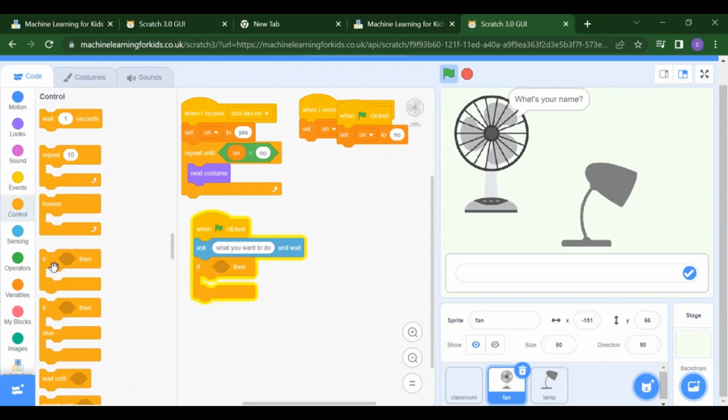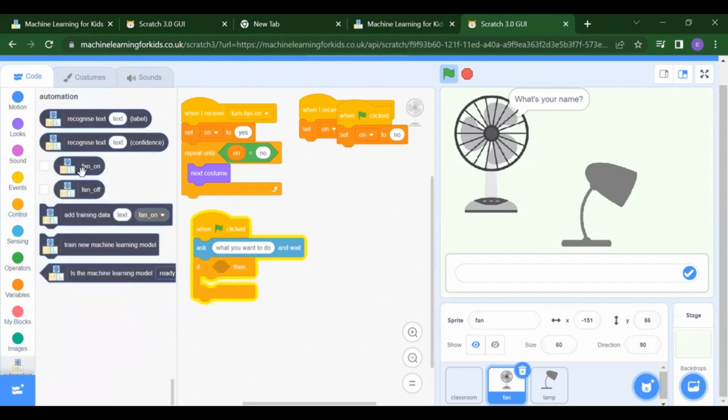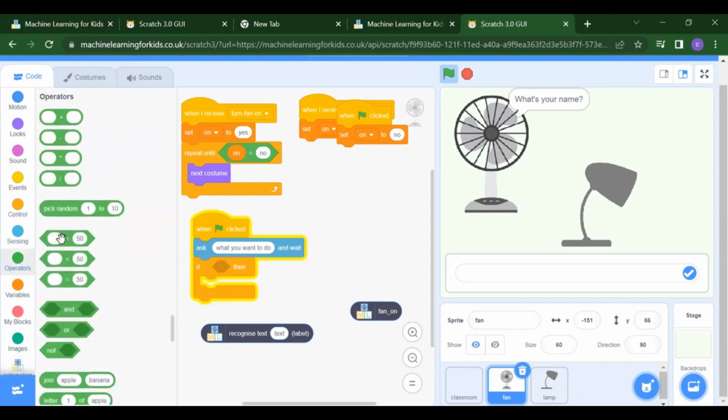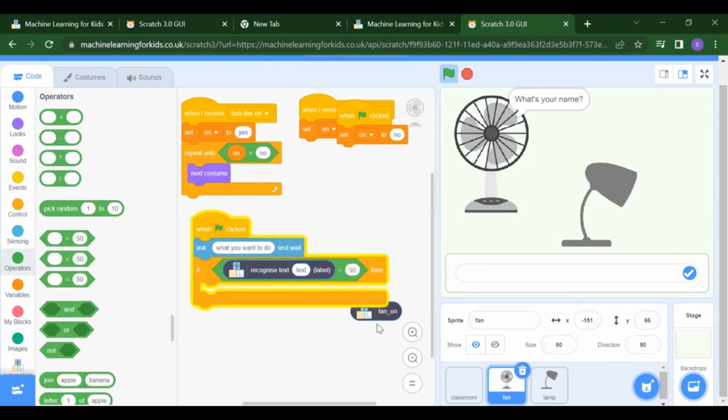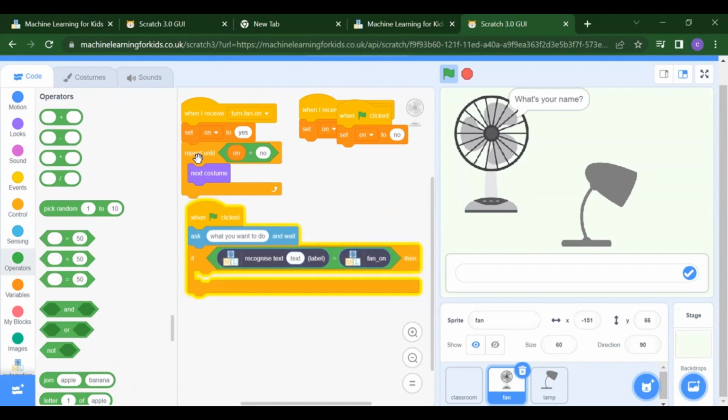Now if your recognition text, okay, if your recognition text is fan on, so for that we need to go to the operator, and we will take this equals, right? Means if this recognition text is equal to fan on, so what we have to do now,